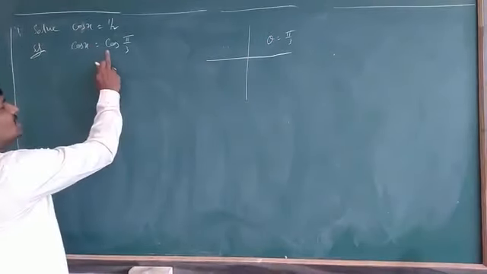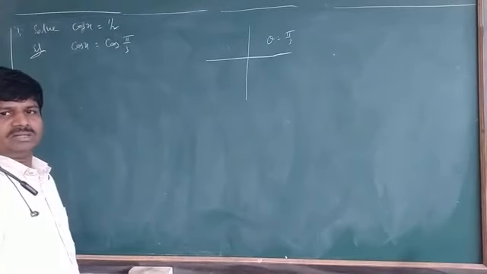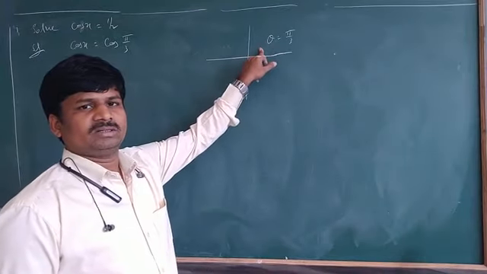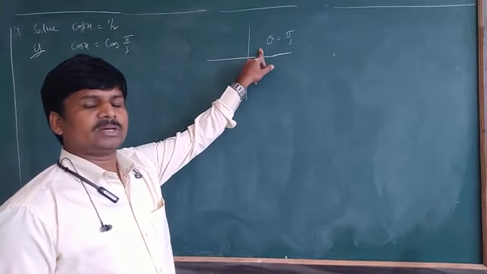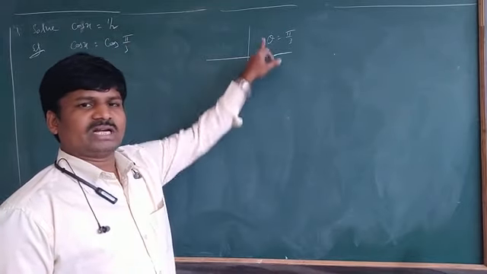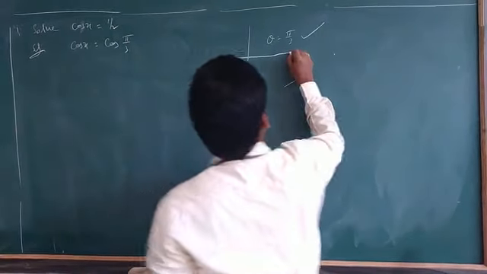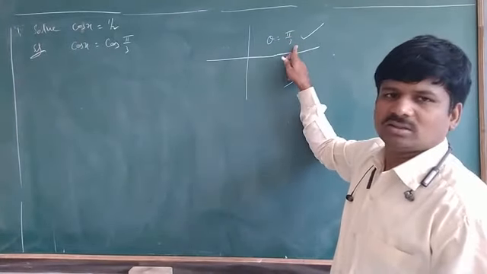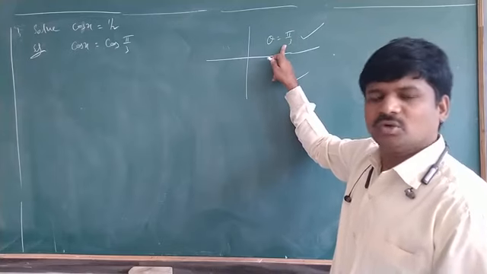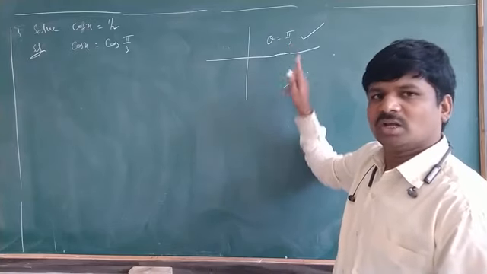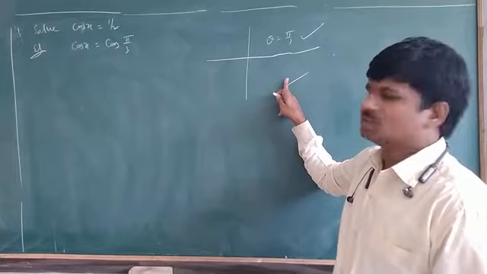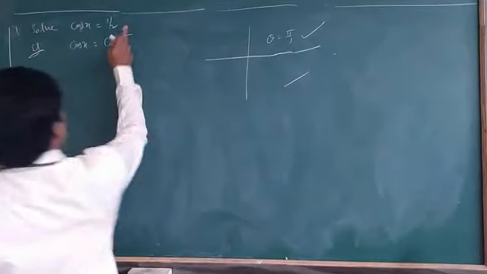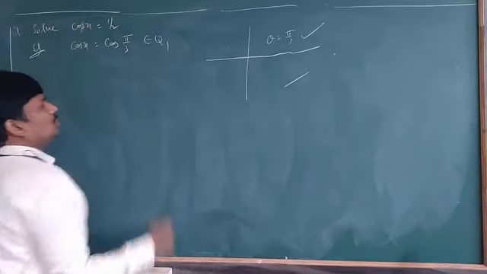Now here cos is positive. Cos means in which quadrants is cos positive? First and fourth quadrant, cos is positive. Here we have to find the principal solution. Pi by 3 only you got. It is in the first quadrant, so you will get one principal solution. In the fourth quadrant also you will get one principal solution. So it is in the first quadrant only. So directly you got. So here cos pi by 3 belongs to Q1 only.